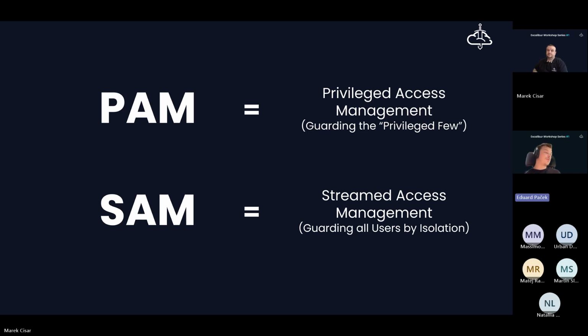That's why we are widening the protection umbrella to these standard users too. We do it through streaming and isolation of the users. Basically, we are streaming the connection towards the user instead of extending it from the infrastructure directly to their computers.